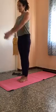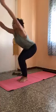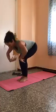Remember, everything is a suggestion. If that's too much for your lower back, please keep both feet on the floor or skip it altogether. One more time, Utkatasana chair. Good, fold, lift your hips up,